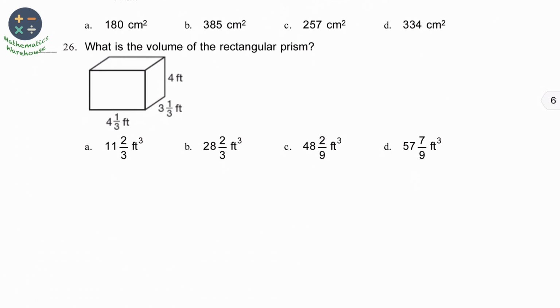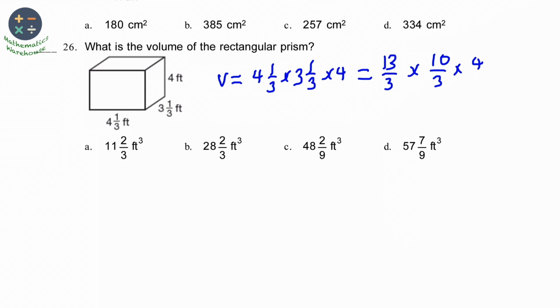Next question, what is the volume of the rectangular prism? The volume, as we said, equals length times width times height, so it's 4 1/3 multiplied by 3 1/3 multiplied by 4. 4 1/3 can be written as 4 times 3 equals 12 plus 1 equals 13 over 3 times 10 over 3 times 4 over 1. Now simplify here. You're gonna multiply 13 times 10 times 4 equals 520, and 3 times 3 times 1 equals